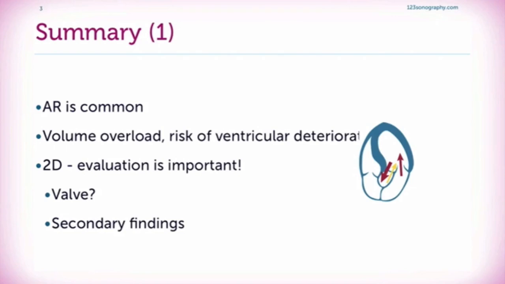We've learned that aortic regurgitation is quite common, especially mild and moderate forms, and that significant aortic regurgitation causes volume overload, which poses the risk to damage the left ventricle and cause left ventricular deterioration. If we evaluate these patients, we have to first look at the 2D image, especially the valve itself, the morphology of the valve, and the surrounding structures, and also look at secondary findings such as the dilated hypercontractile left